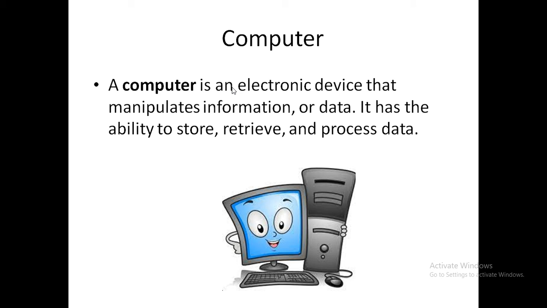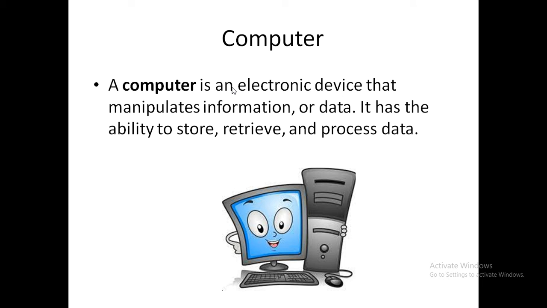Your AC, your tube light, your microwave, your refrigerator, your phone, all these are electronic devices. Why do we call them electronic devices? Because these devices work on electricity. Unless there is electricity, they can't work. So we need electricity to work on a computer. That is why they are electronic devices. Electronic devices are those devices which work with the help of electricity. A computer is one of the electronic devices.